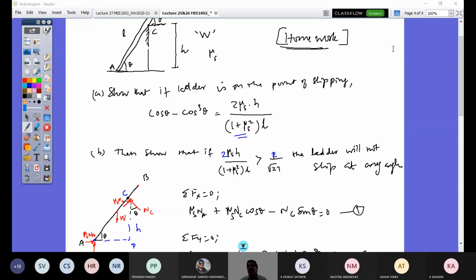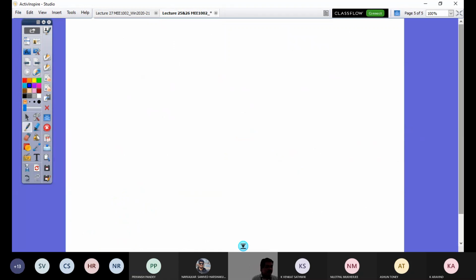This second problem is kind of a conditional problem, right? So how do you solve? Let me explain you. Then we'll get into a new module, right? So let's go to that part. See, what is the condition here is, you are given this. In the first part of the problem, you have proved that cos theta minus cos cube theta is equal to 2 mu s